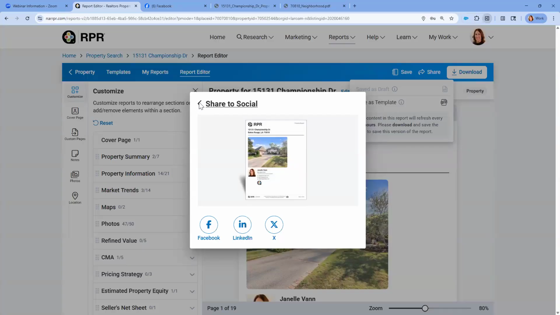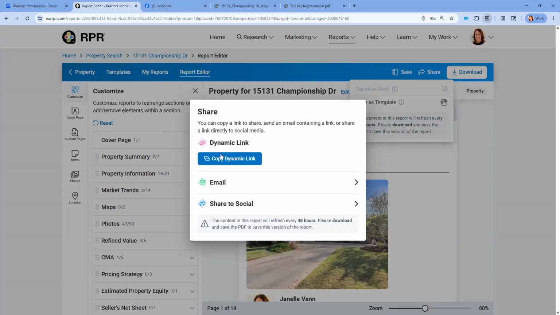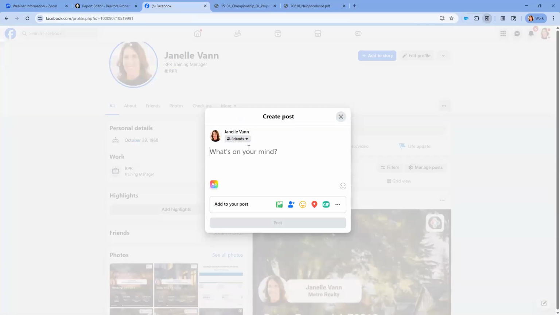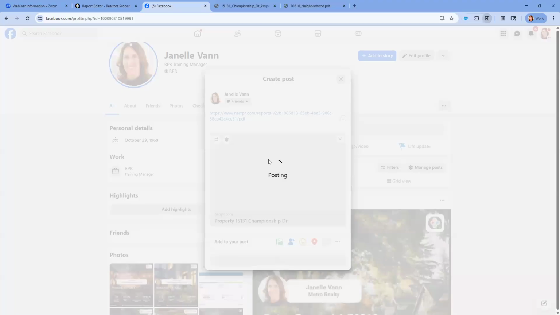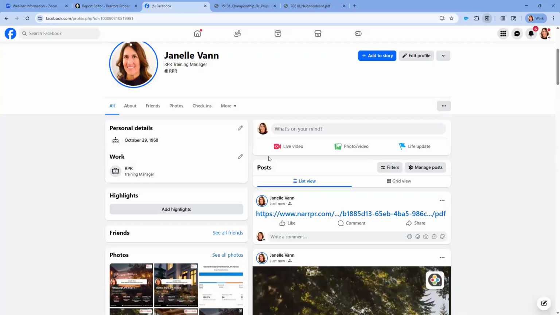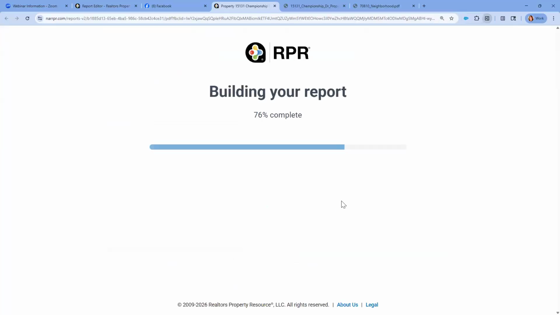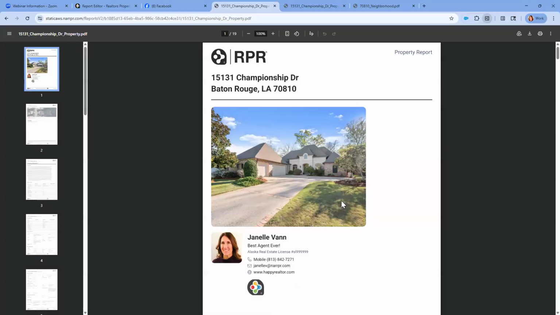You could either create this report from the mobile app, or you could grab the link and post it wherever you would like. So let's copy this link, take it on over to Facebook, say what's on my mind. I'm going to copy and paste the link, and then I'm going to post. And just like that, I created a property report with a link that I could go ahead and share anywhere I like, social media, your website, your blogs. Or I can